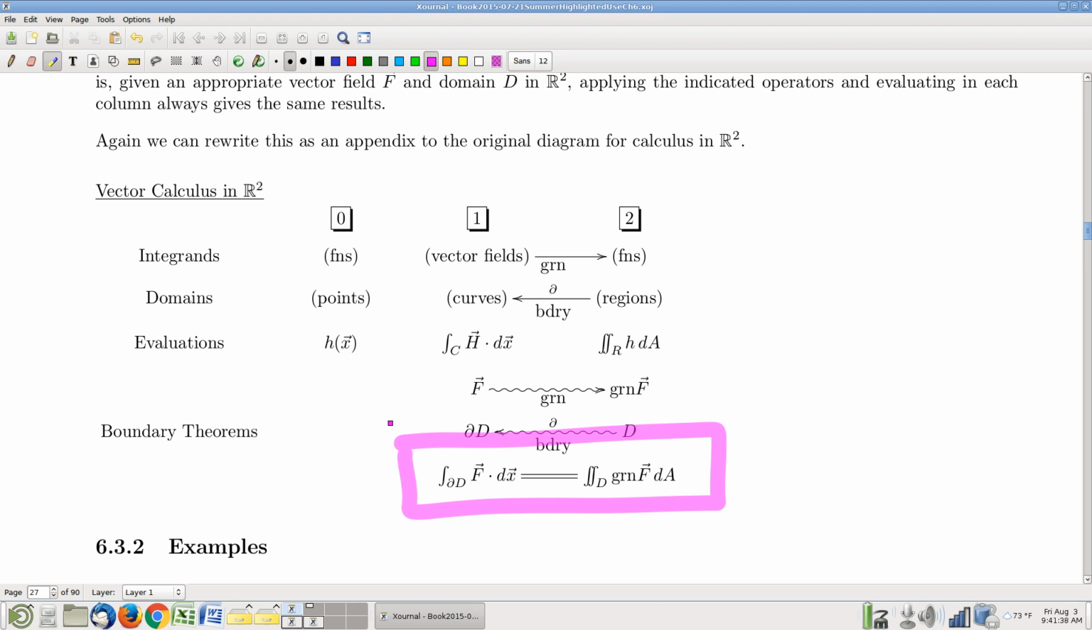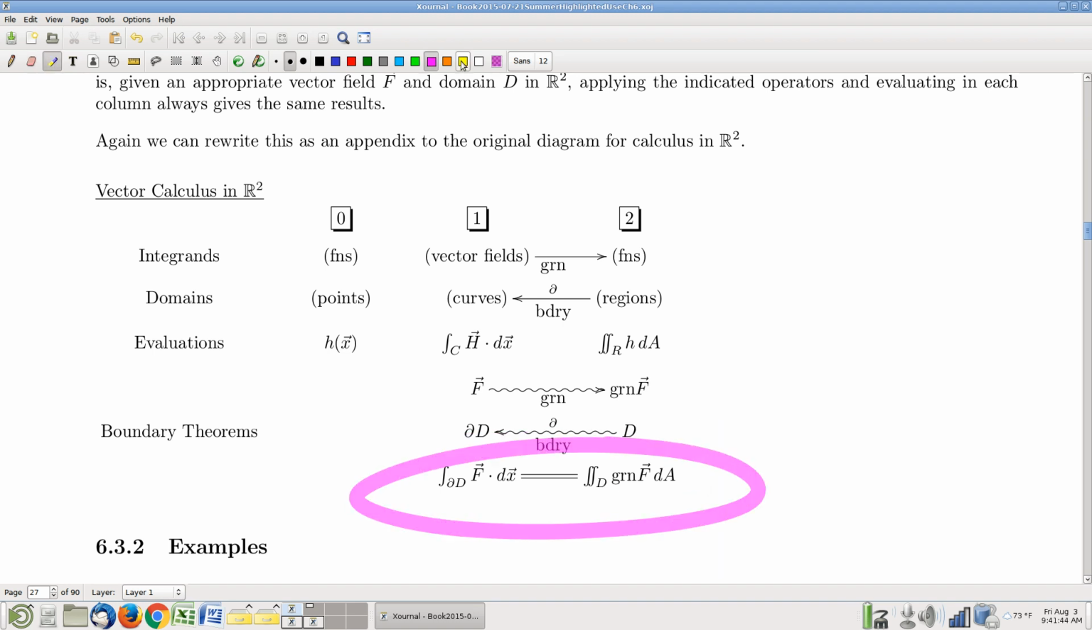Well, there's a similar asterisk here, and you can see it right here in the statement of the theorem. There's no constraint on your function, particularly your vector field. Whatever your vector field is, just apply Green's operator. There's no question as to whether you can apply Green's operator. The question is, does your domain